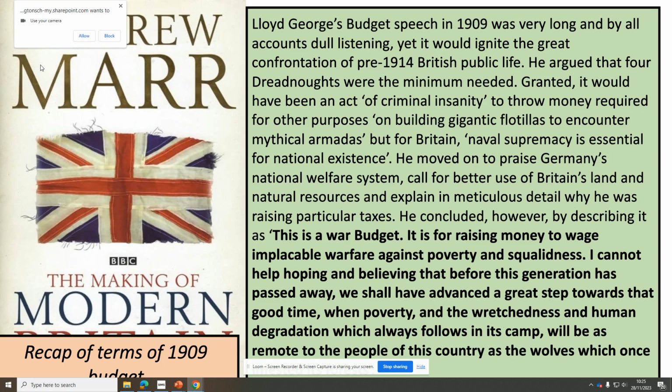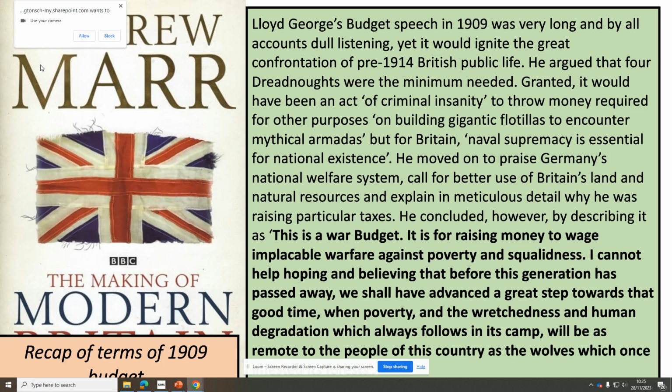So he's being really clever here because a lot of people are campaigning for, obviously, an increased investment in the military and dreadnoughts. And he's saying that actually the war that we need to fight and the war that's the most important that we fight is not the possible war against Germany. It's the war against poverty. It's the war against these big roadblocks in people's lives. Poverty, starvation, lack of